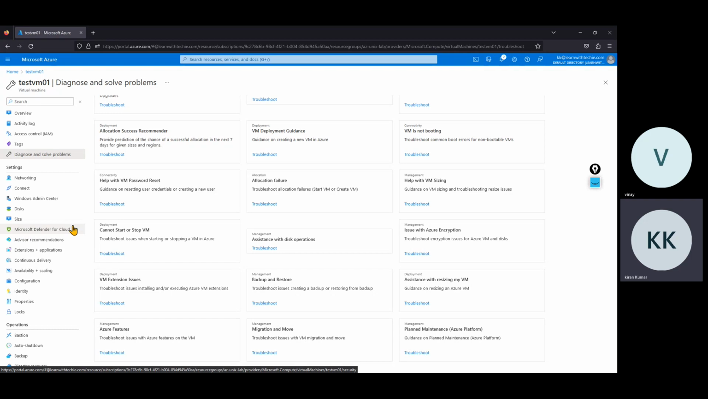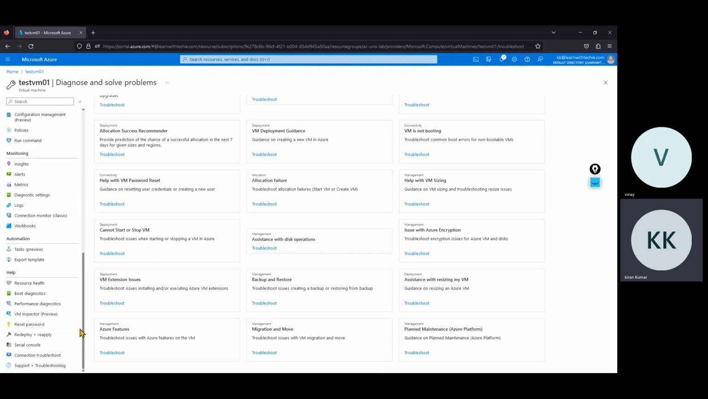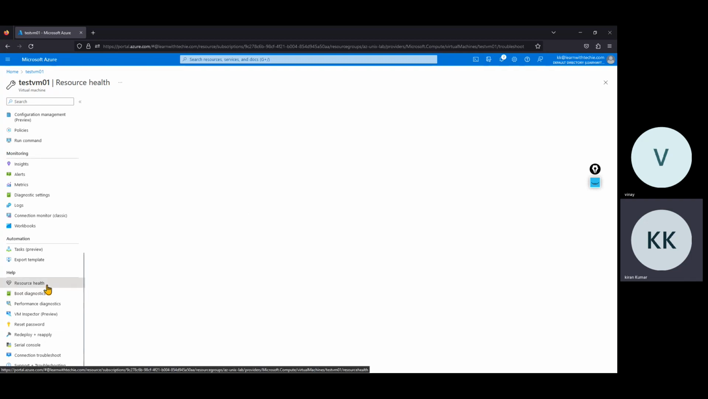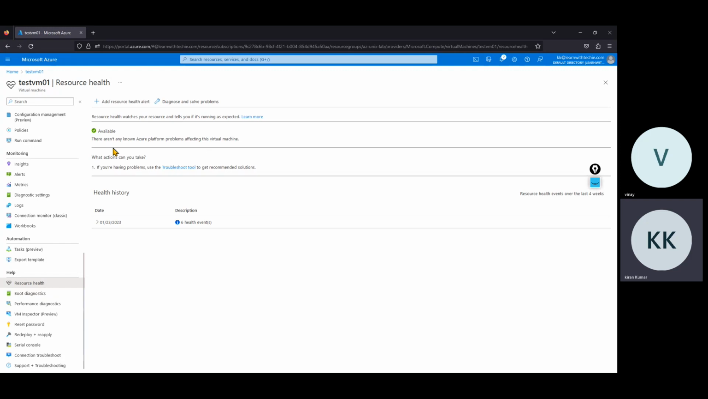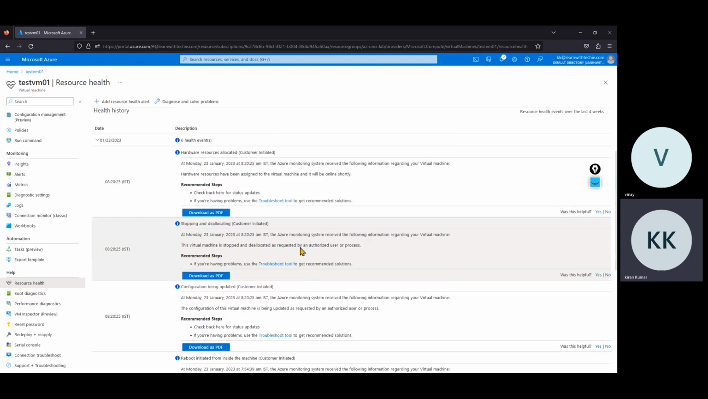Other than that, what options has Microsoft given? Let's look into those options here. If we scroll down, Resource health shows whether there is any issue from Microsoft's side. There is no issue, and availability is showing properly. If it is a Microsoft-side issue only, there is nothing for us to perform from our end. Health history will also show you here when something happened, like 23rd January